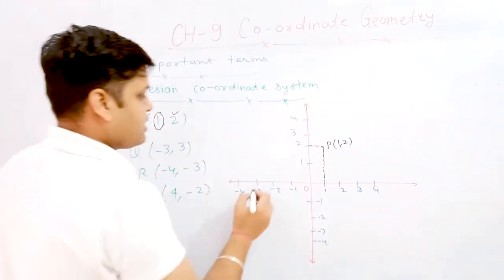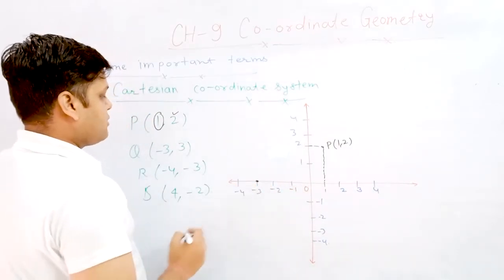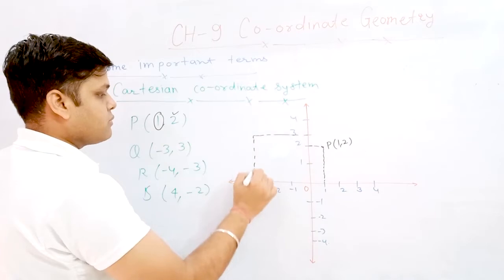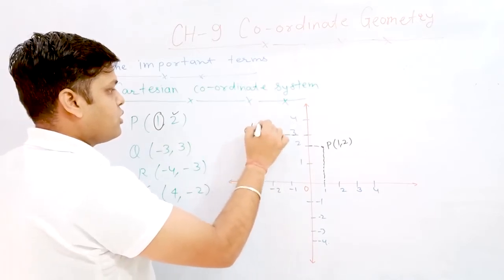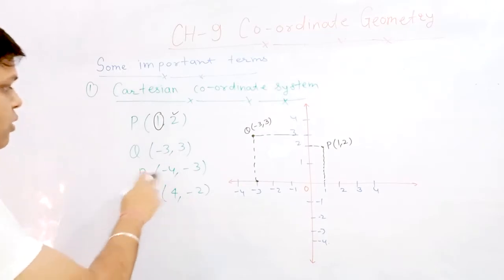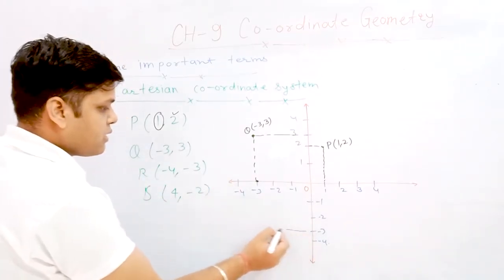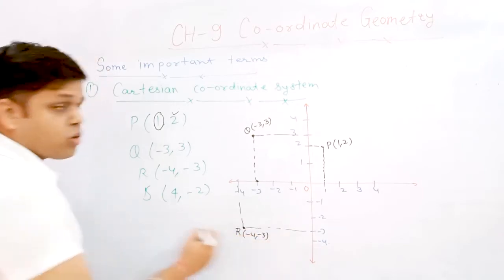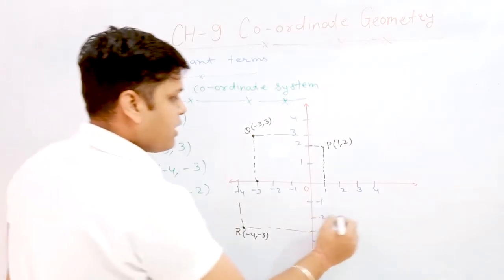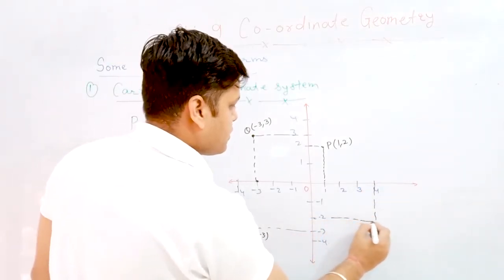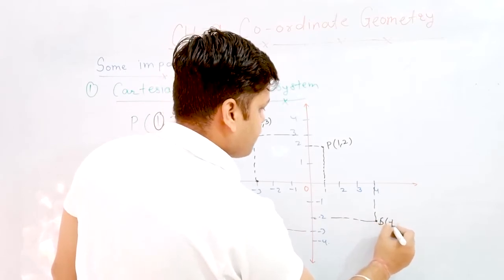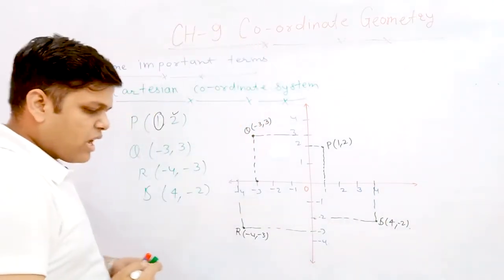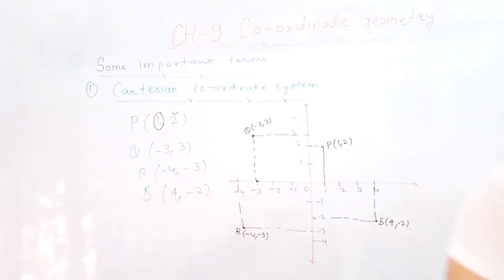Now again, minus 3, 3. In x we have to move minus 3 towards the left and 3 up. We get point Q whose coordinates are minus 3, 3. Now R is minus 4, minus 3. Now we have to move in the downward direction. This becomes R (minus 4, minus 3), and S is (4, minus 2). So this is S at 4, minus 2. So guys, this is the main concept to draw the position of any point in the